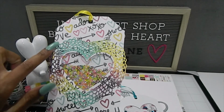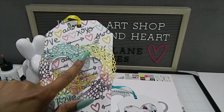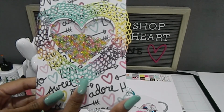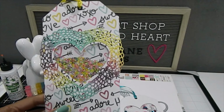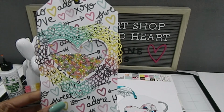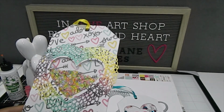With this one here, you can see all the different colors. This beautiful blue that turned into a green when I used the yellow, and it has some metallic effects in here too. I used this raspberry that ended up looking like a purple when it's mixed in with that beautiful blue color. And I love the way I was trying to play off the colors that was already in the tag, because it already had a lot going on. So that's why I didn't add any words or anything fancy too much to this one,